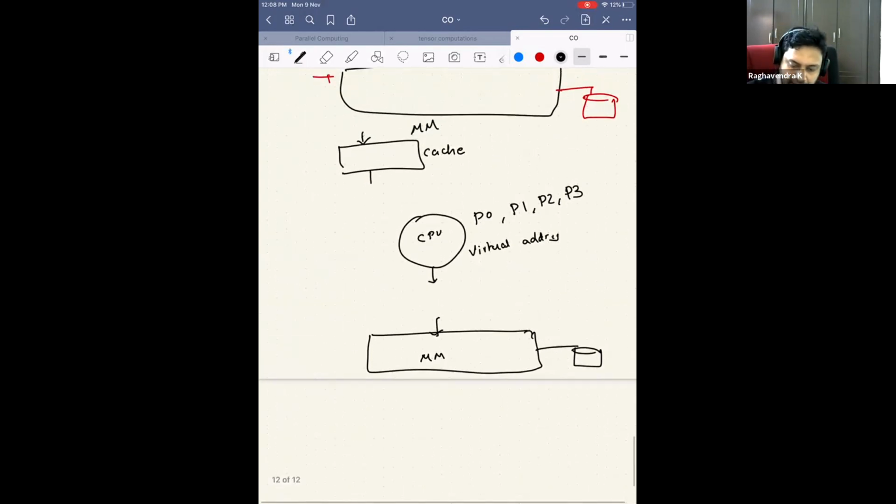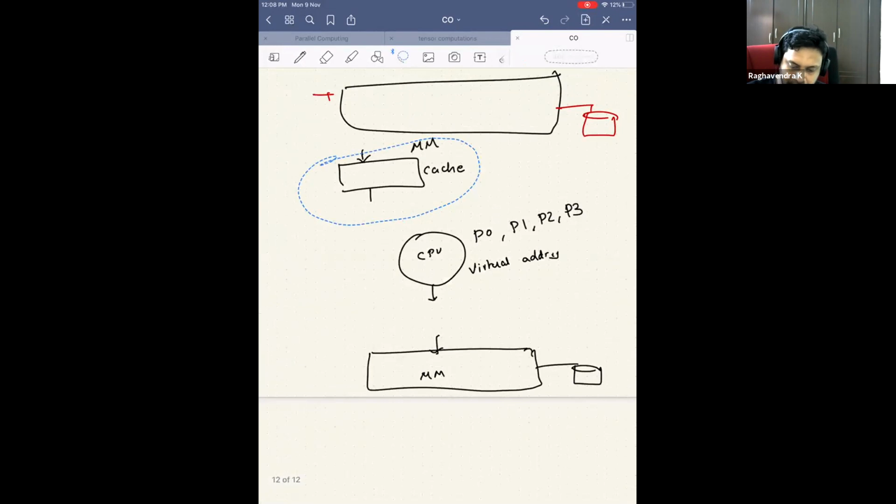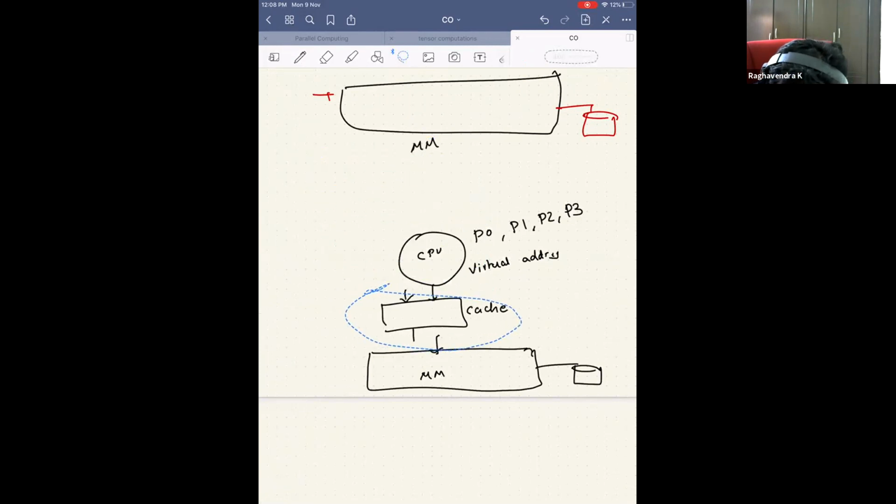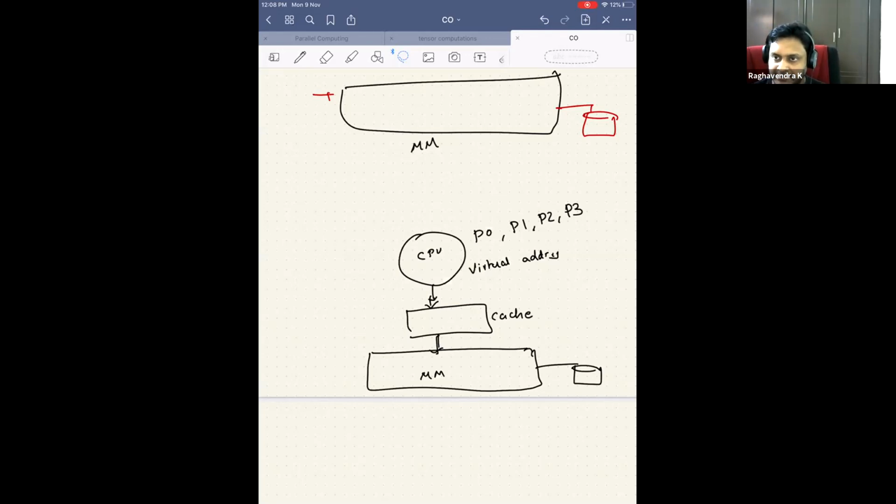So now I have added this cache. I generated a virtual address. Can I directly go to the cache? Actually, there are designs where you can, but for your exam, or not just for your exam, but for your initial understanding, let's say there is some issue with doing that. We want the physical address to access the cache. There are virtual address caches also, but we'll not go into it. Maybe if time permits, we will build on it. We want the physical address because that's how memory is accessed. We cannot access using a virtual address.